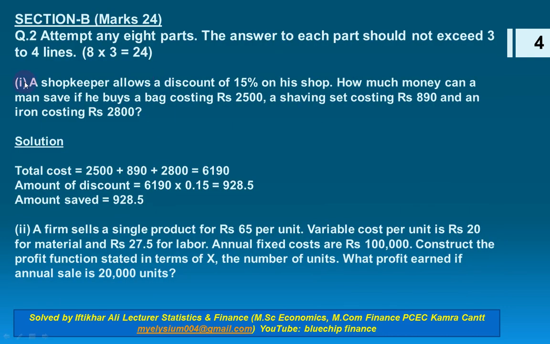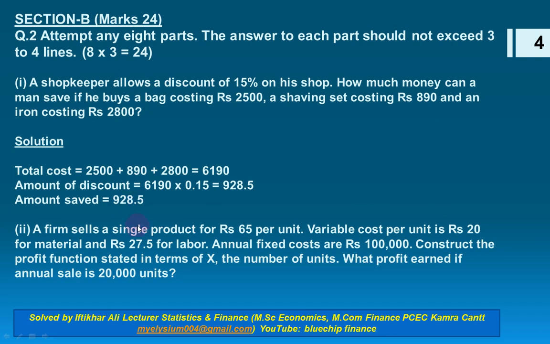So question number 1 is that a shopkeeper allows a discount of 15% on his shop. How much money can a man save if he buys a bag costing rupees 2500, a shaving set costing rupees 890, and an iron costing rupees 2800? So just simply add up these three amounts and calculate the 15% of sum of the amount, and you can see that he can save